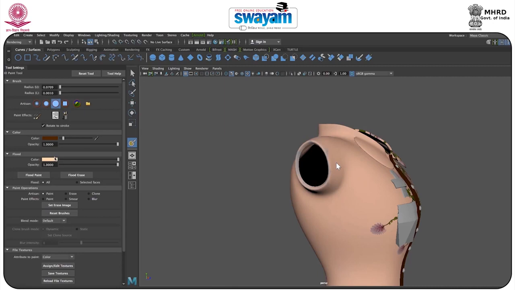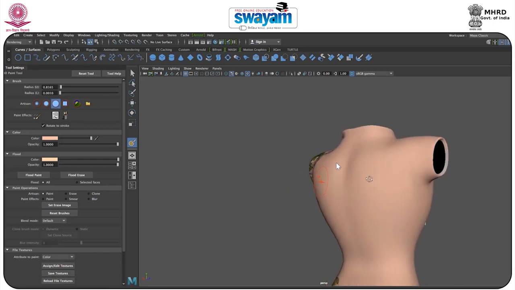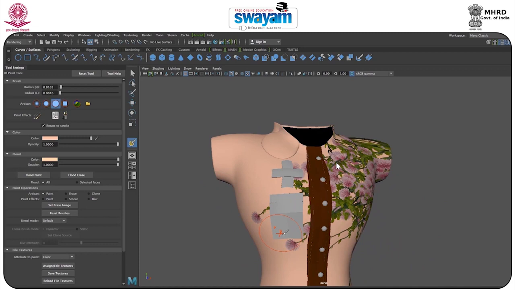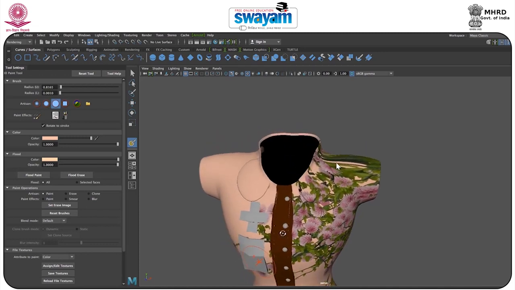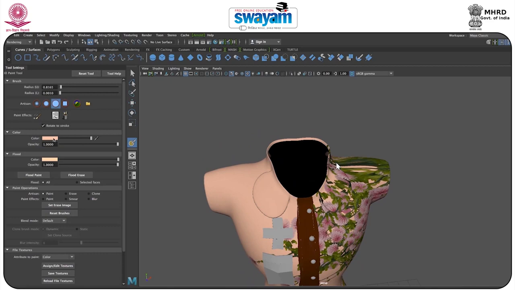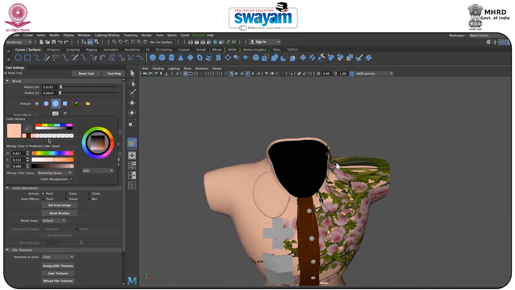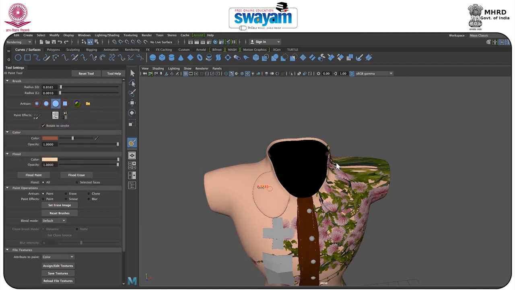Click over here. If you need to add the color, click, and that color has been added. You can drag it like this and press B, and at first increase the size. Just drag it like this. Definitely it's going to work. As you can see, you have to keep on painting, click and click. If you want to paint this part, you have to paint, and for this part also you go to color, pick that particular color, click over here, click here, somehow here, and press B and drag it down. You can paint like this.